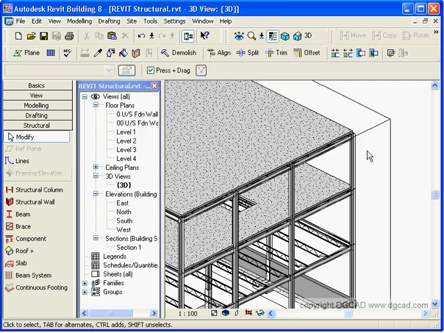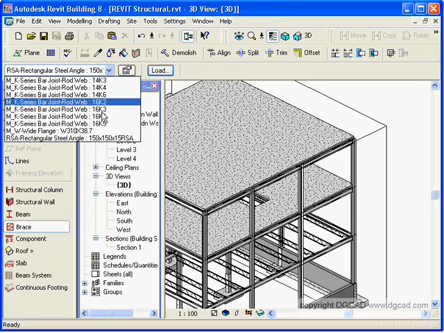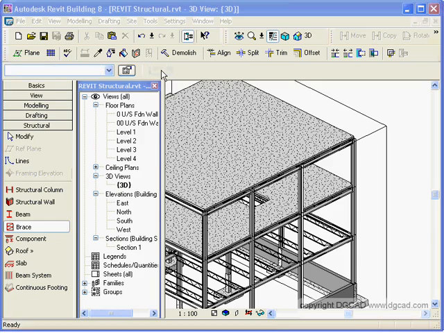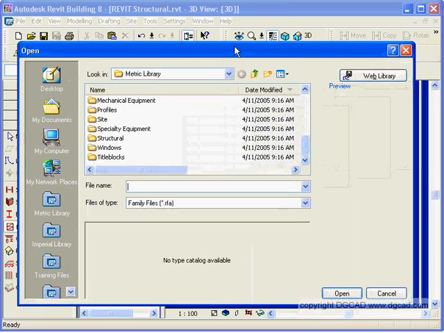grid 4, it's already there. I could switch it, but you can see it highlights it in the red there. So I'm now on grid line 4 for work plane, and I'm going to go click on brace, and I'm going to see what I have. I've got a steel angle in there, 150 by 150, but I want a smaller angle, so I'm going